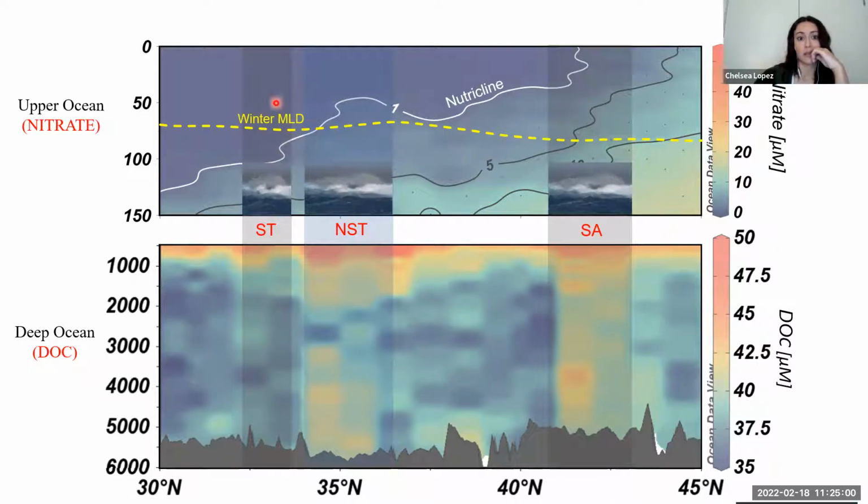So I'm going back in time here. Right here is where the winter mixed layer depth crosses the nutricline. This is important because in wintertime this is water that's mixing regularly, so you have nutrients here that are able to mix through here. That means phytoplankton are being supported in winter.